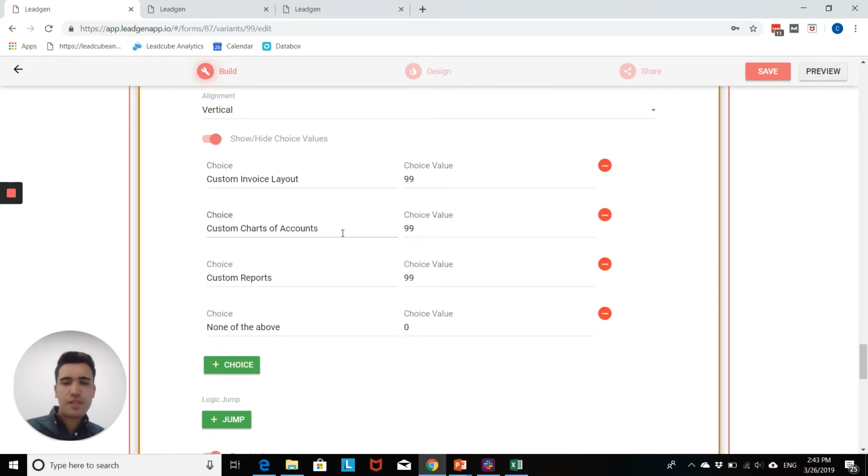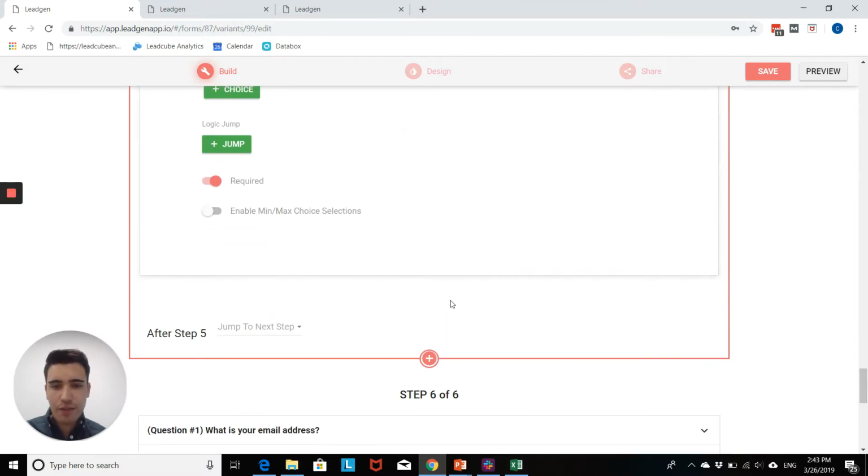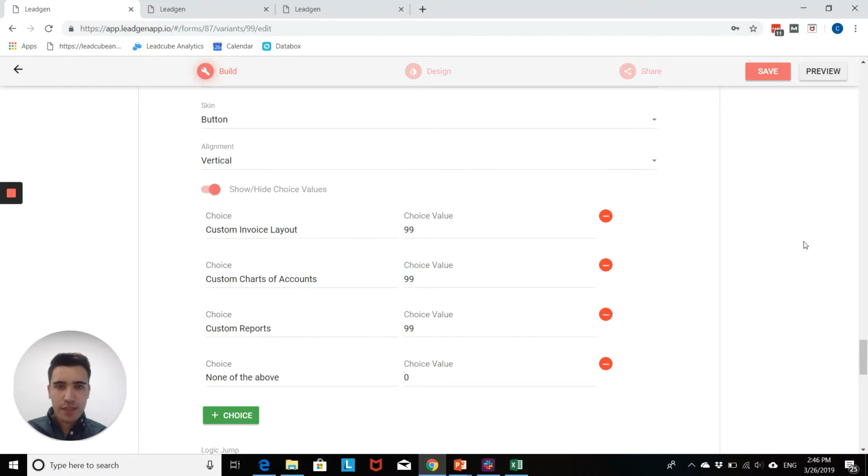So these custom services each cost $99. In the same way, we obviously use different numbers here. So we just simply use 99, and then 0 for none of the above. So once you've set all these different numbers for the choices, you would then just have to do 2 more